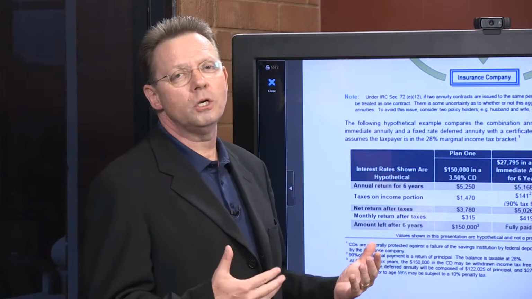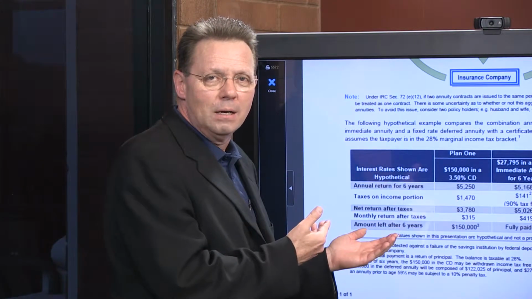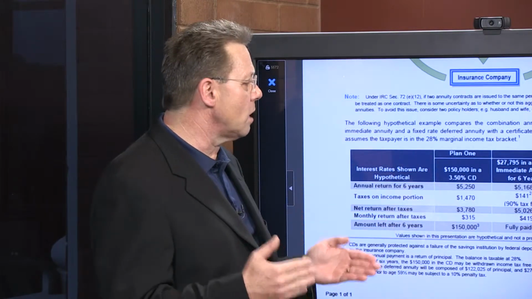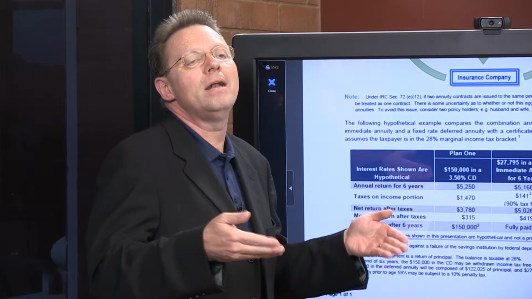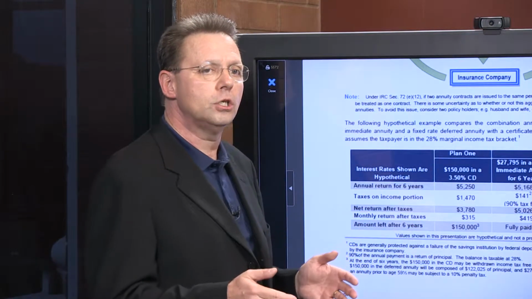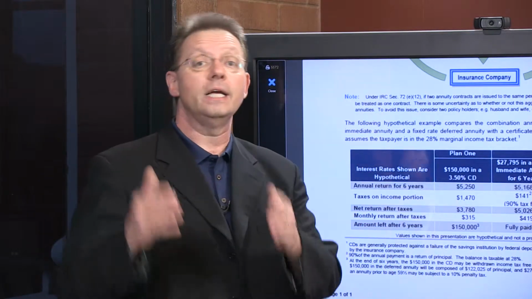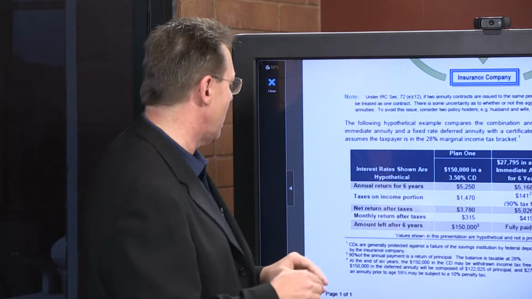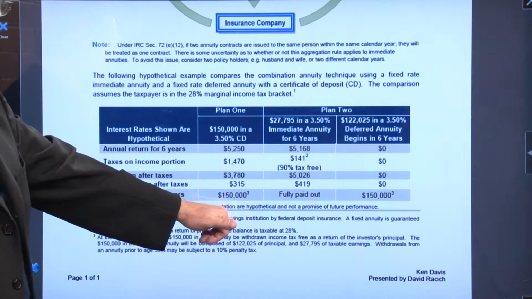So you're just going to have to determine in your mind, I just paid taxes. What if I didn't need the money, right? If I really didn't need the money, you could let it run. So what I'm going to do now is split this $150,000 and see if I can get a better deal using a combination of two annuities. One is a single premium immediate annuity, and another one is a single premium deferred annuity, and see what I can do on that.